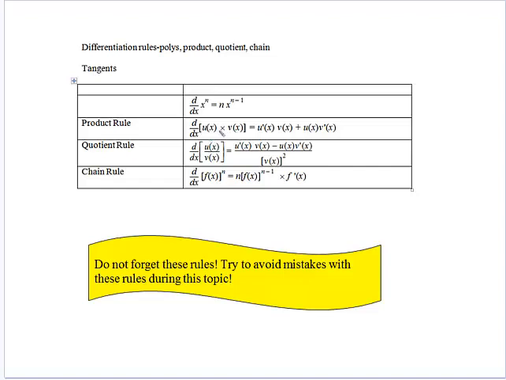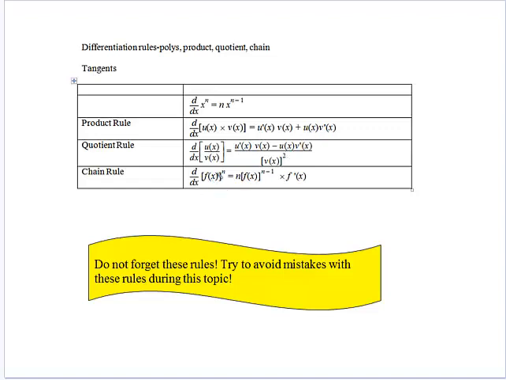If we've got two functions that are multiplying, we take the derivative of the first function, multiply it by the second, plus the first one multiplied by the derivative of the second. Quotient rule, when we have two functions that we're dividing: we take the derivative of the numerator multiplied by the denominator, minus the numerator times the derivative of the denominator, all over the denominator squared. So we've got to get that order correct. It's not so important in the product rule, but much more important in the quotient rule,